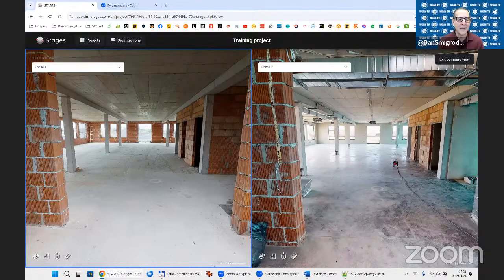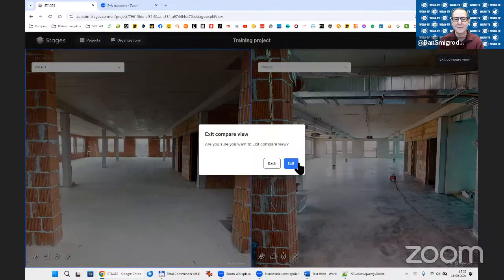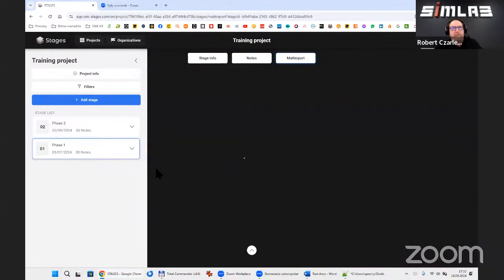Yeah, for clarification, for the synchronization, in order to do this side-by-side split screen view, I'll have the most success picking 3 locations in phase 1 that are as far apart as possible, and then selecting those identical locations in the next phase or the next Matterport scan, in order to have the side-by-side view be as good as possible. Exactly. I'm clear on that.